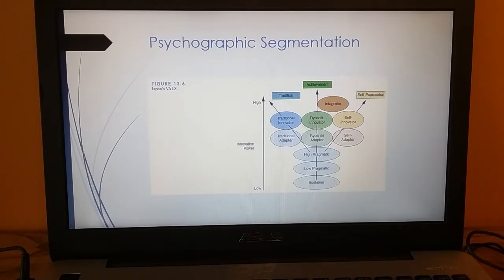psychographically profile people. Japan VALS segments stem from consumers' primary motivations and degree of innovativeness, where innovativeness is measured as attitudes towards social change. In terms of how we identify innovativeness, it's based on attitudes towards social change. Primary motivations include tradition, achievement, and self-expression. So, as you can see, Japanese consumers are classified within 3 factors according to their degree of innovativeness, where integrators are the most innovative and sustainers the least. So that gives you an idea of how, when we talk about rate of innovation and that kind of thing, people are interested in that in terms of,